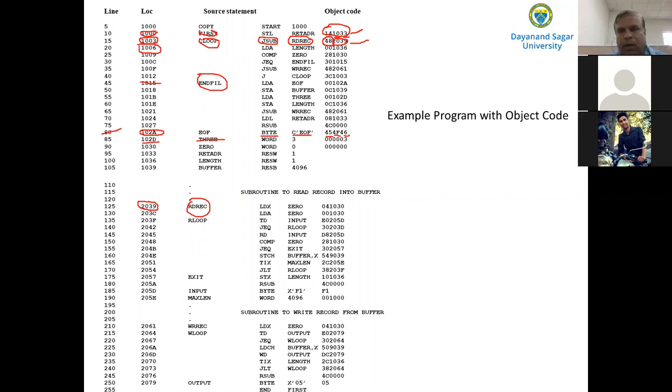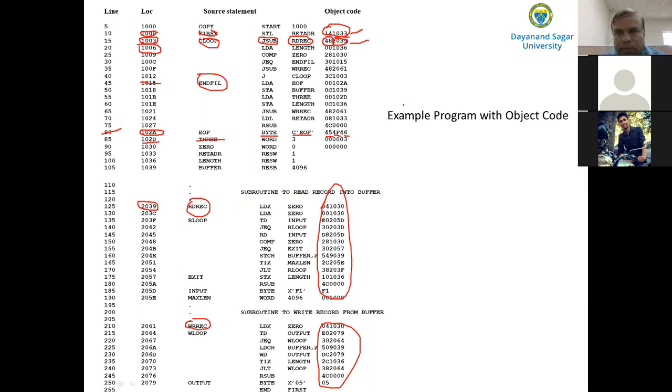Then finally you have to write the object program and the assembly listing. Any doubt here, students? So like this, the object code is written for the subroutine RDREC. Similarly, the object code is generated for the routine WRREC. Read record and write record.